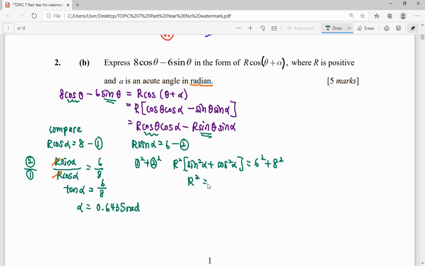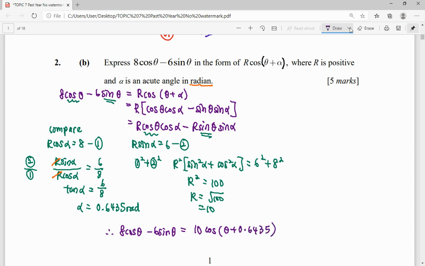So r square will be equals to 100. So r only accepts a positive number, so square root of 100 will equal 10. So that will be our answer. So finally, we managed to express our 8 cos theta minus 6 sine theta equals to r, which is 10, we plug in our answer, and then cos theta plus alpha. So alpha is